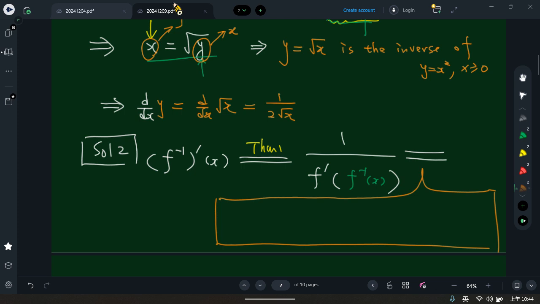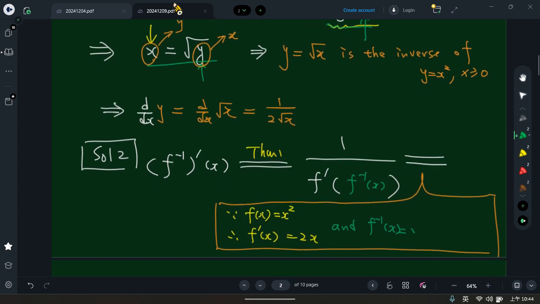So the original f of x is x squared. Therefore, f prime x should be 2x, right? And we already know f inverse of x is equal to square root of x here. We already know its inverse. So that with this, we can have 1 over 2x